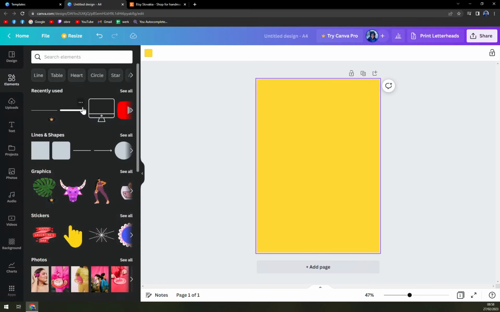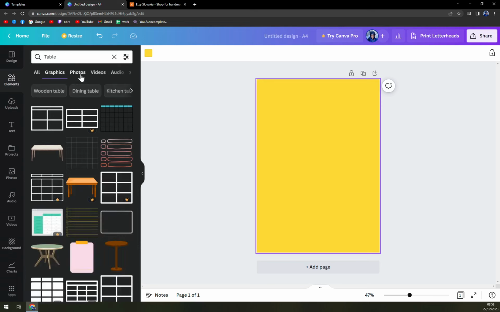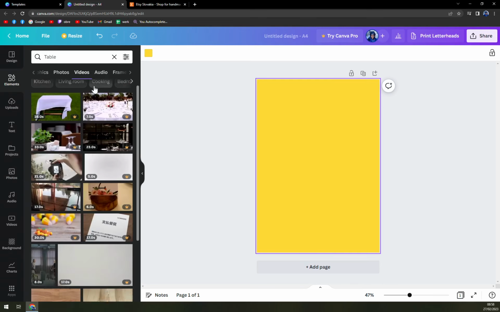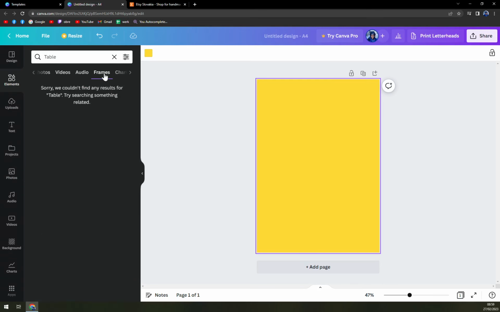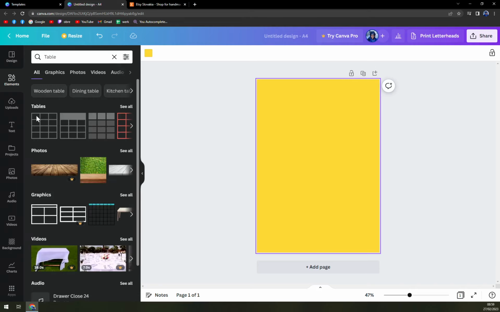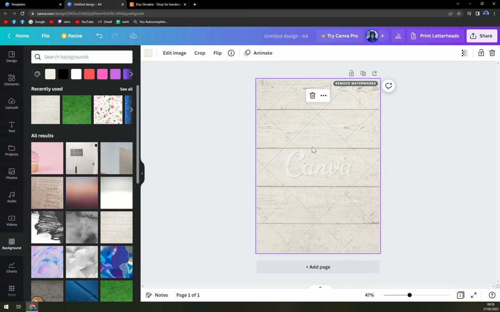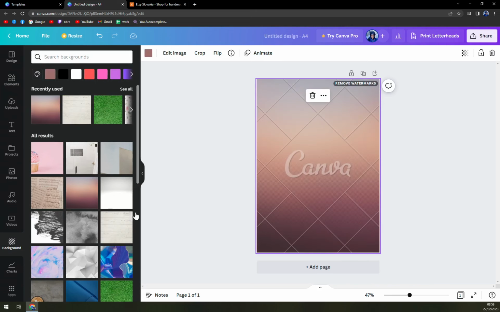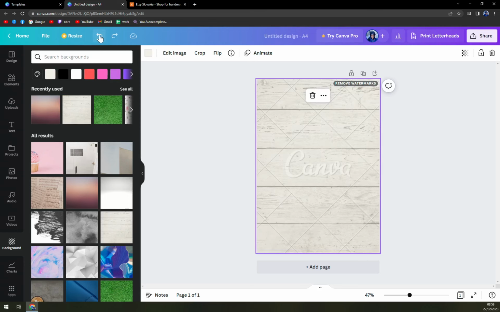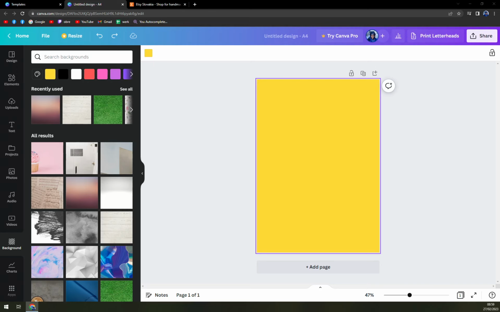Then we can go to elements, and we can find some kind of, I don't know, whatever you really fancy, or even backgrounds if you feel like. You can just use it like this, but there will be a watermark of Canva, and we don't want that. So what we want to do is just pick